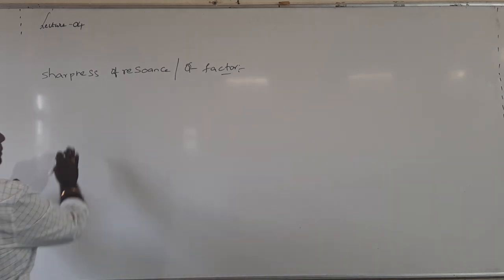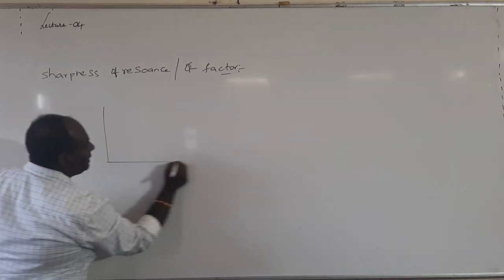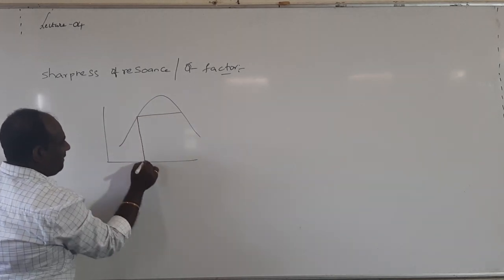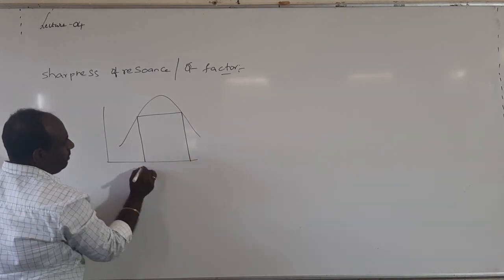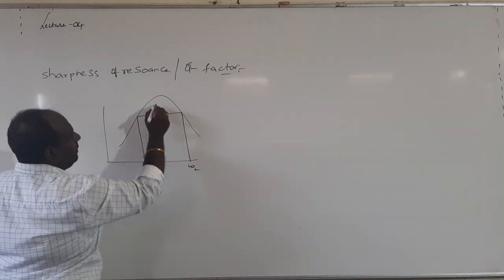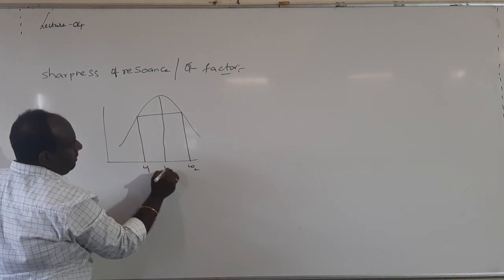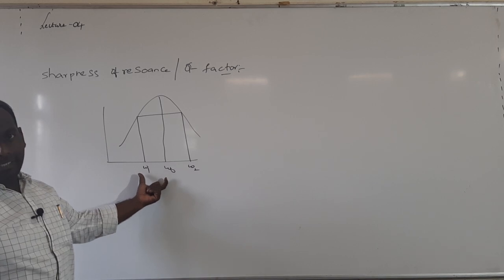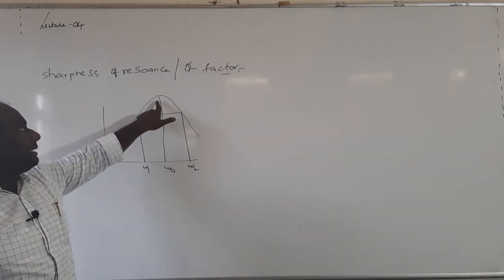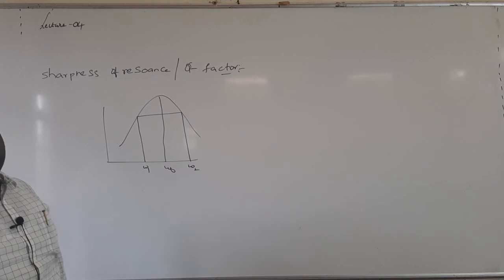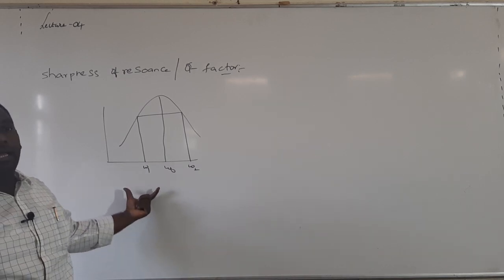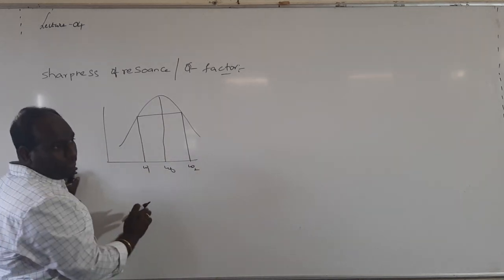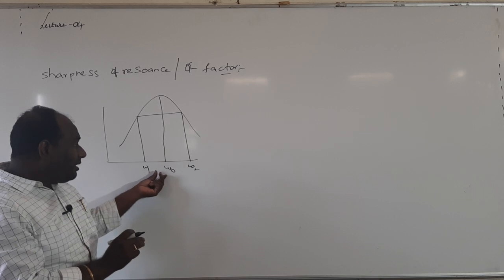See, the entire chapter is going around this graph only. These are the two half power points. This is omega 1, omega 2. This is omega naught. Now, as the distance between omega 1 and omega naught keeps on decreasing, the sharpness of resonance is increasing. That means current is maximum. So this is an application. This application is used in radio stations, as we keep on tuning the circuit. What is the meaning of tuning the circuit? We keep on increasing the current.